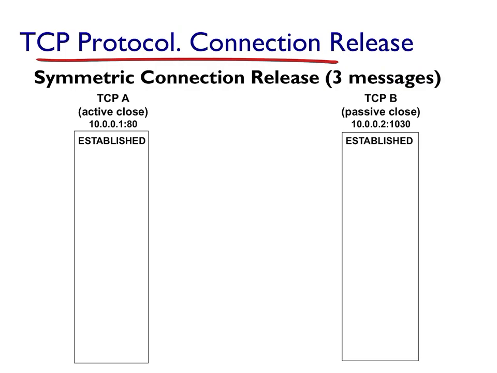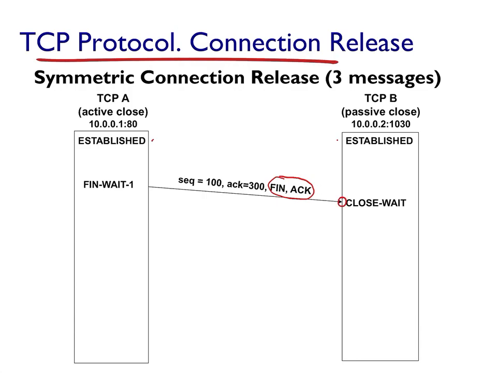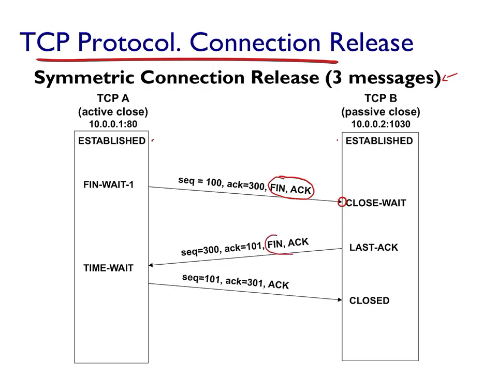So, the symmetric connection release with 3 messages. We have a connection that is established in both cases, and A is the one who sends the first FIN ACK. Remember that all the segments in a TCP connection have the ACK flag active except the first SYN. Then, when B receives this invitation to disconnect, in the case of 3 messages, B agrees and sends a FIN